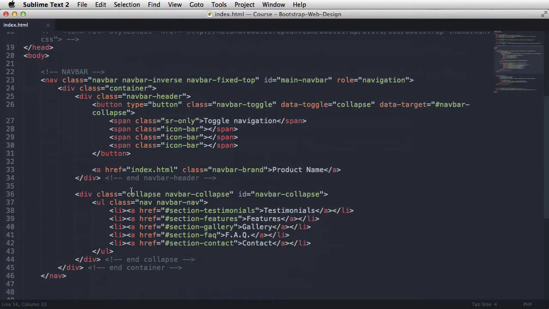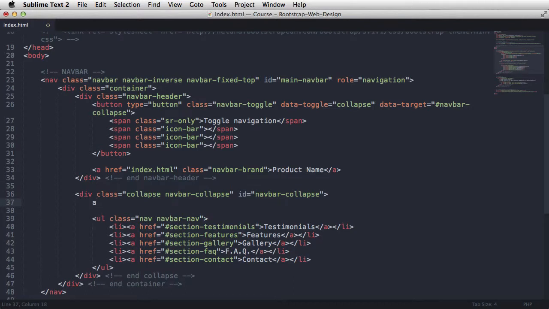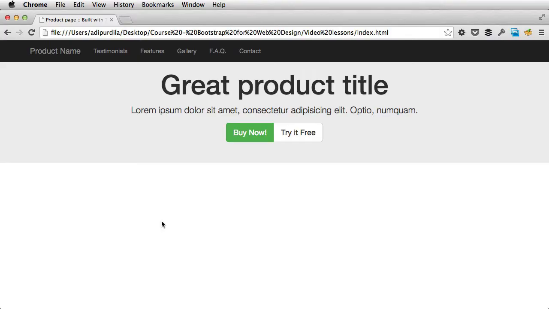So I'm going to go back here and I'm going to add an A with a class of BTN and then BTN success to get that green color, and then navbar BTN to center the button inside the navbar, and also navbar right to move the button to the right. Okay, href, I'm going to say buy now. Refresh,